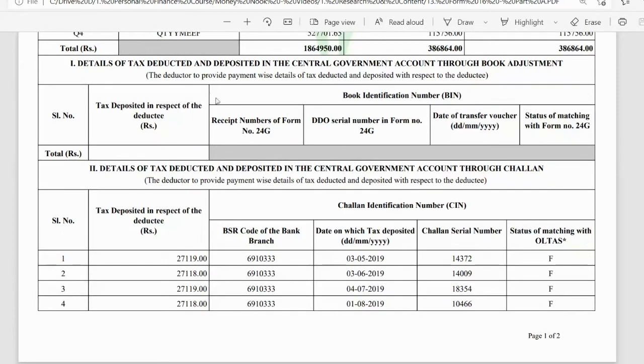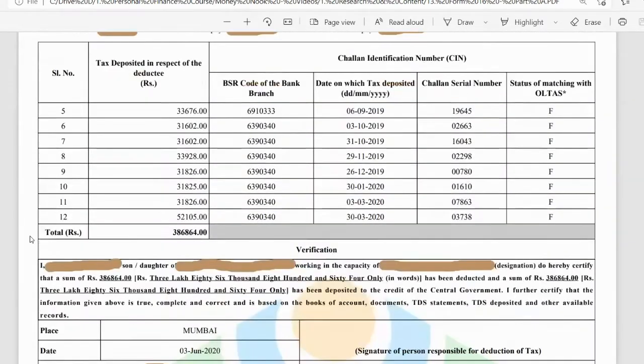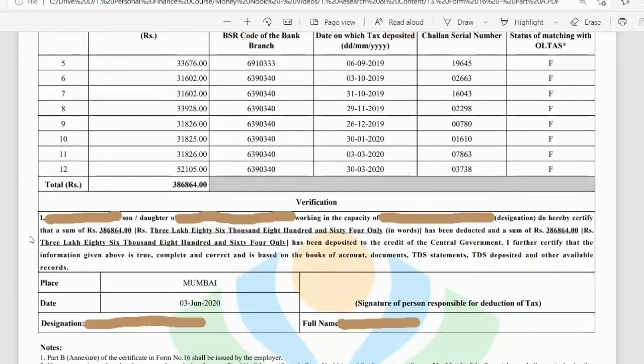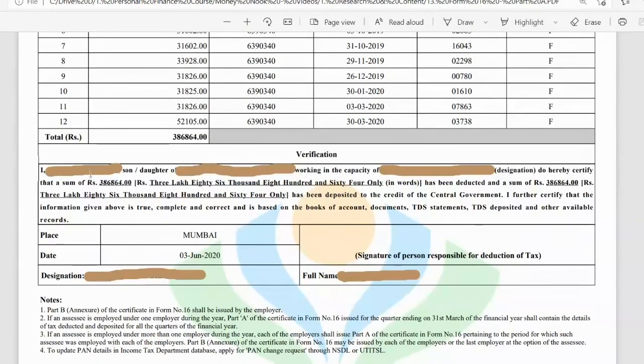After this, you will have details about the tax that is deducted and deposited with reference numbers, whether it is paid through book adjustment with the central government or whether it is paid by a banking transaction. If it is done by a banking transaction, you will have references about the bank details, the challan number, the date on which the transaction has happened, and the amount of tax that is deposited, as you can see in this example. Post these details, you will have a confirmation from your employer regarding the tax that is deducted and deposited, which is signed and certified.